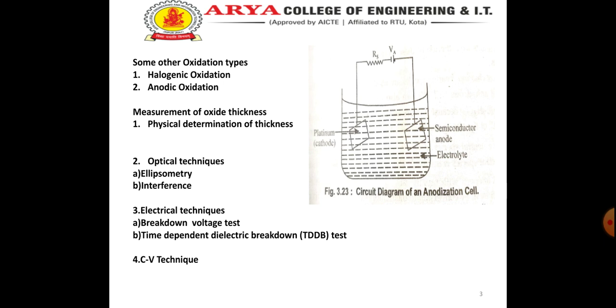CV techniques. CV techniques are a more sensitive method of evaluating oxide thickness. They use capacitance voltage measurement. The wafer serves as a lower electrode. Assume for the moment that the substrate is doped p-type. If a negative voltage is applied to the gate, additional holes are drawn to the SiO2 interface. This condition is known as accumulation. Now, assume that a small AC signal is added to the DC bias and the AC current is measured. The out-of-phase magnitude of this current is proportional to the capacitance.